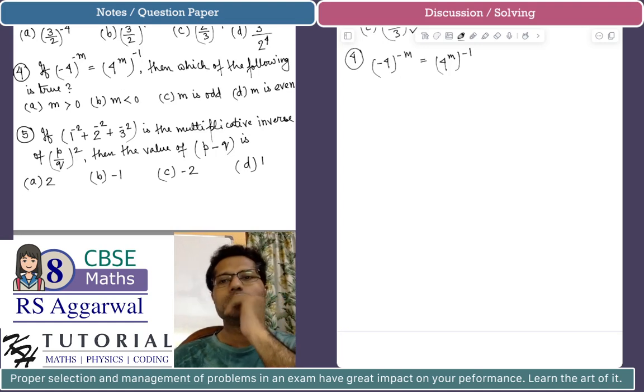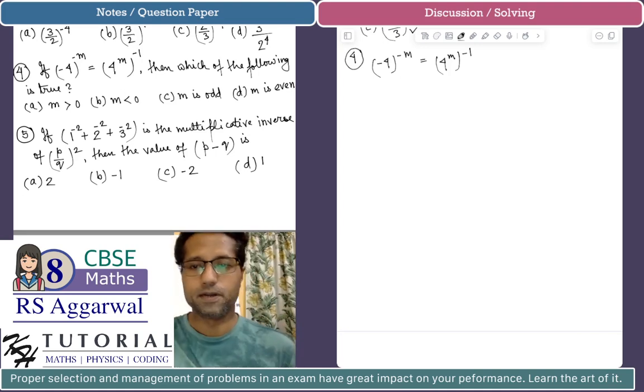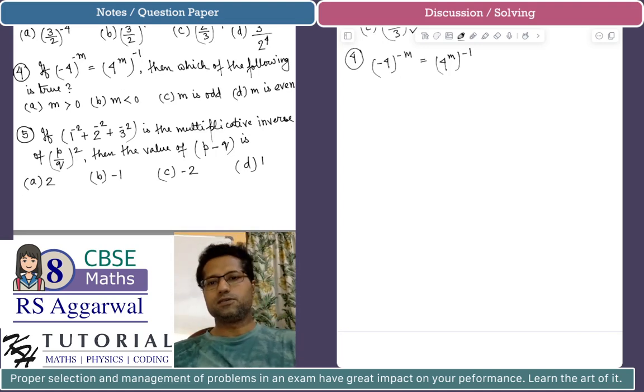Minus 4. On the right hand side, you can see that m greater than 0. Now in the left hand side, the base is negative. The base is negative, but now this is equal to